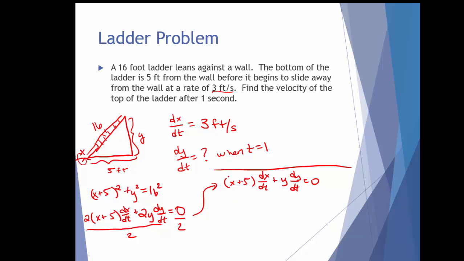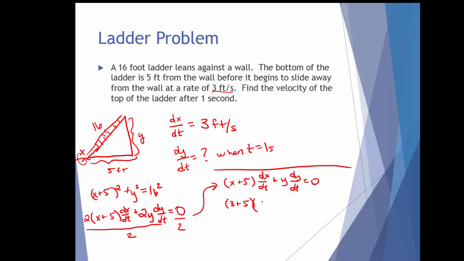So the question is, what is x? Well, keep in mind, x is how far this ladder has traveled beyond the 5 feet. So given that this distance changes at 3 feet for every 1 second that goes by, we are now specifically looking at its position when t equals 1 second. So 1 second later, this ladder should have traveled 3 feet. So there's 3 plus 5, which by the way gives you that length of that triangle to be 8, times